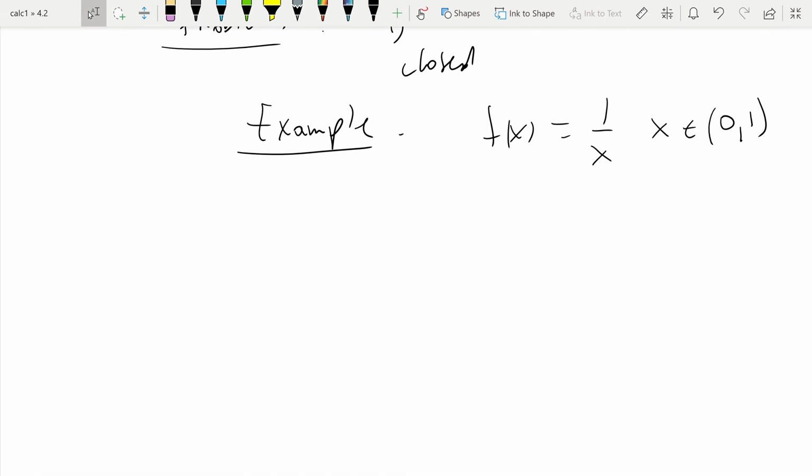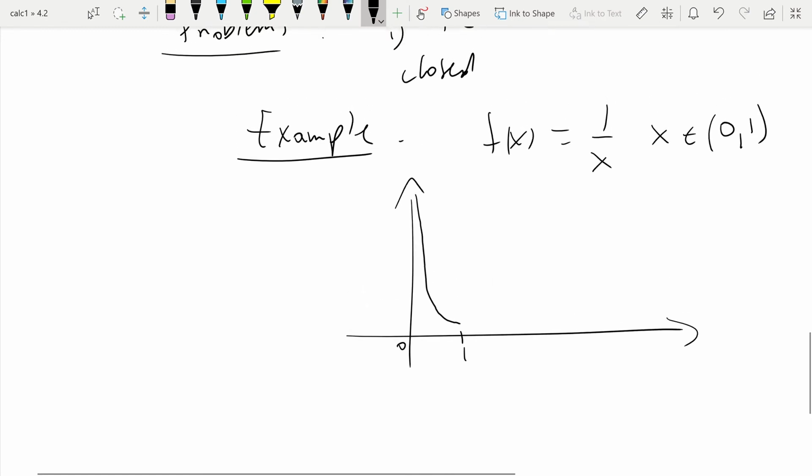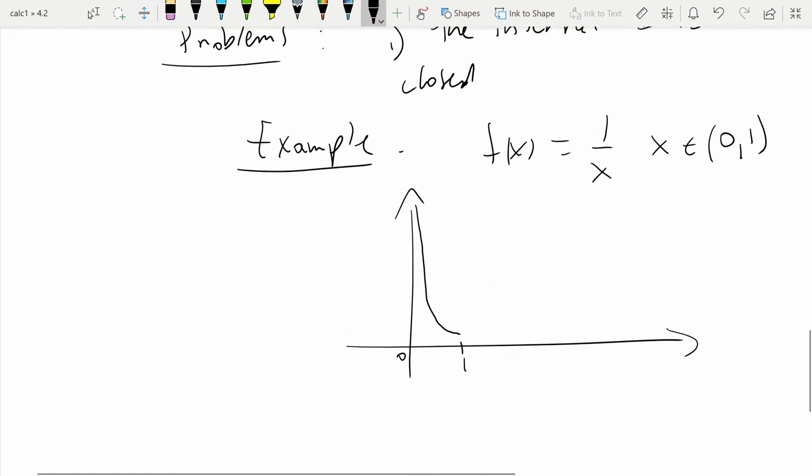So what happens for this function? What's the problem with this function? So here you have 0, you have 1, and this function doesn't have a maximum nor a minimum,